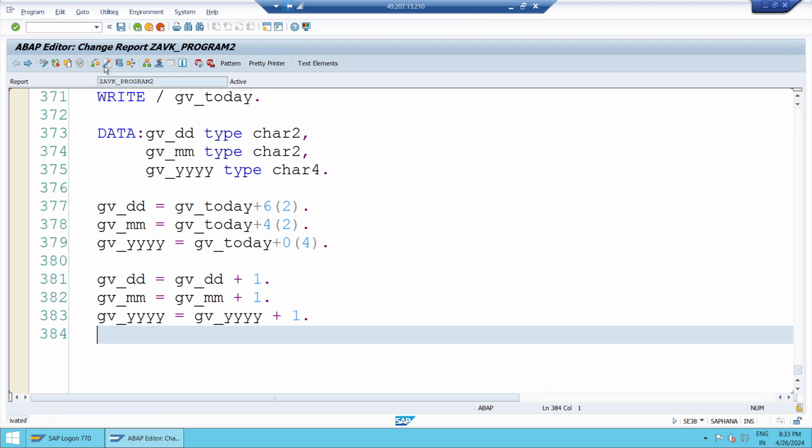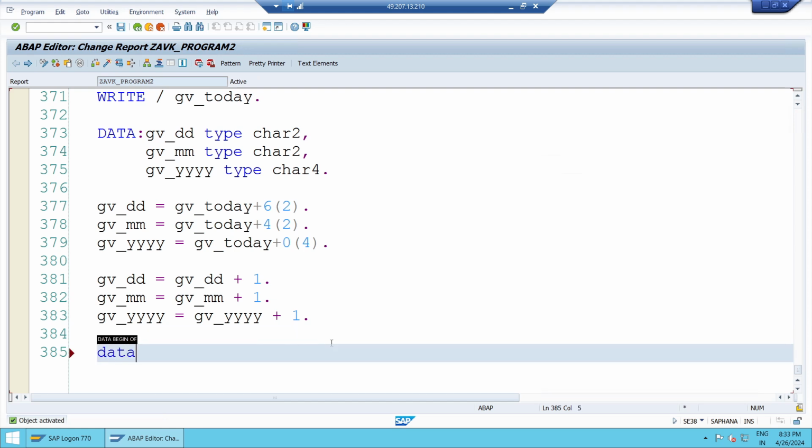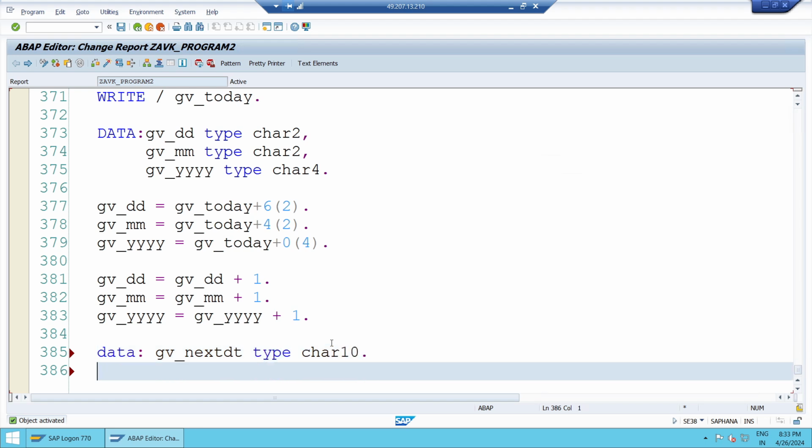If you want to print next date, so date, GV to M date, something next date, simply next date. Okay, this is the variable, with char 10. Yes, char 10. If you want to print it, now you can go to